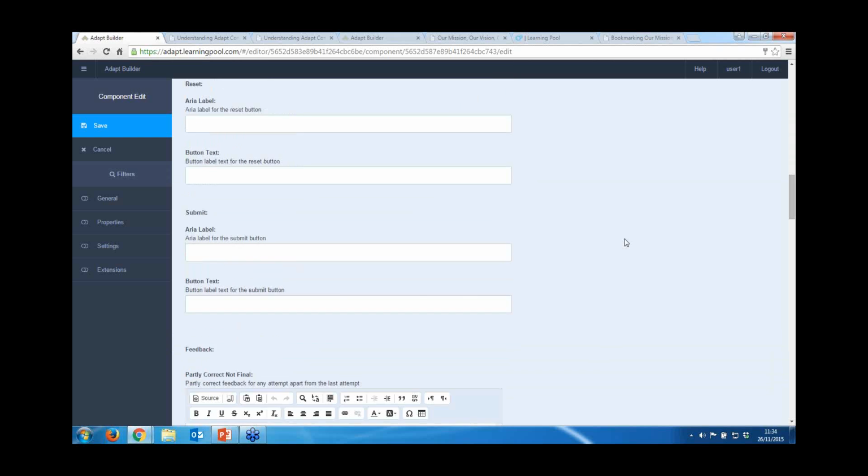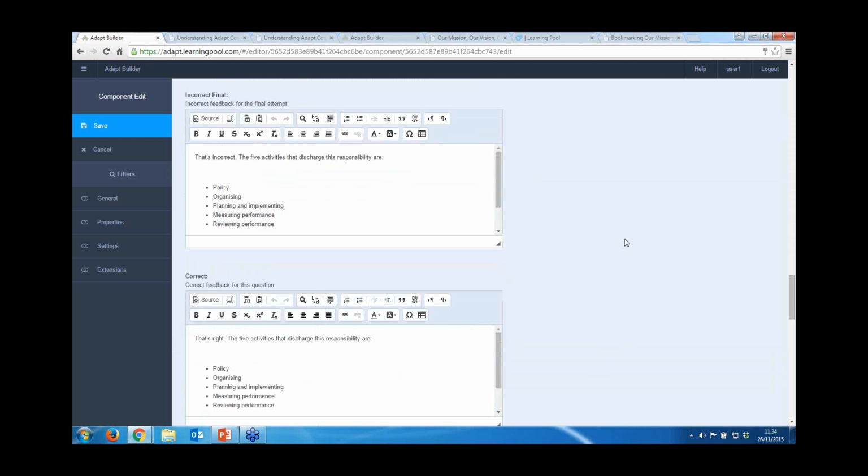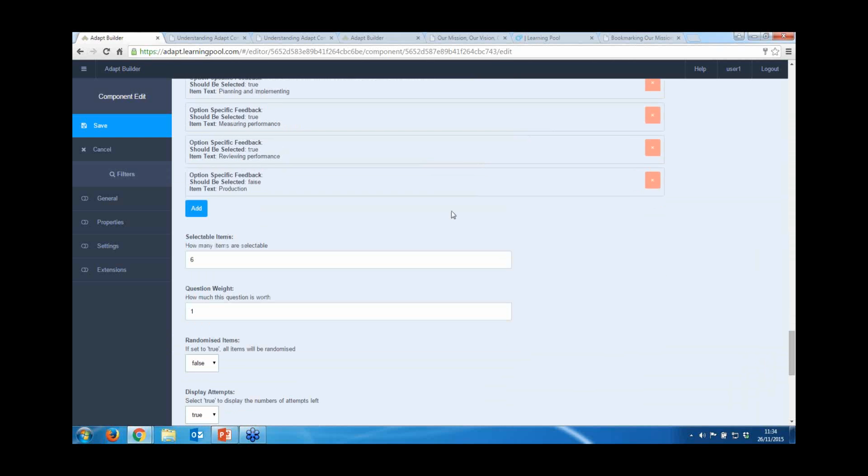The only thing I would say to keep an eye on is down near the bottom, you have this section saying question weight. By default, this will go in as 1. And that's your mark for the question. So by default it is set to 1, but if you do want to give a user 2 or 3 marks, if there's a few correct answers, you can do that, but it's just advisable to keep track then of what the